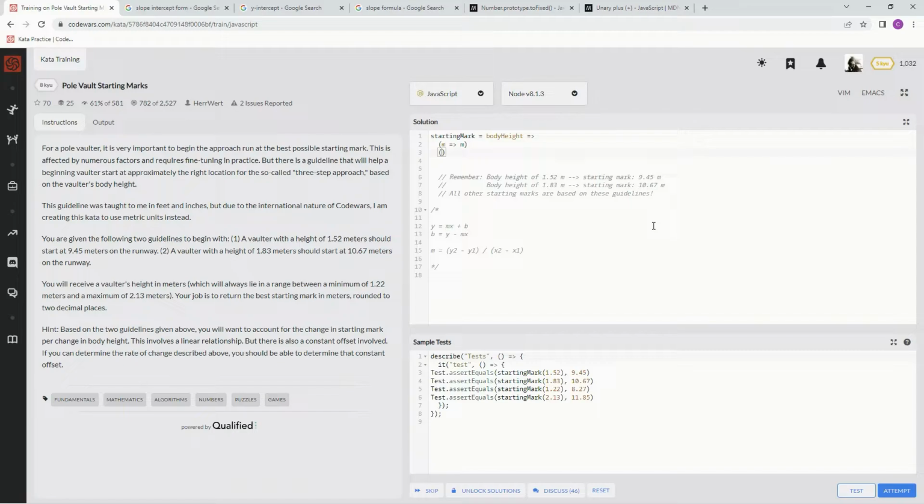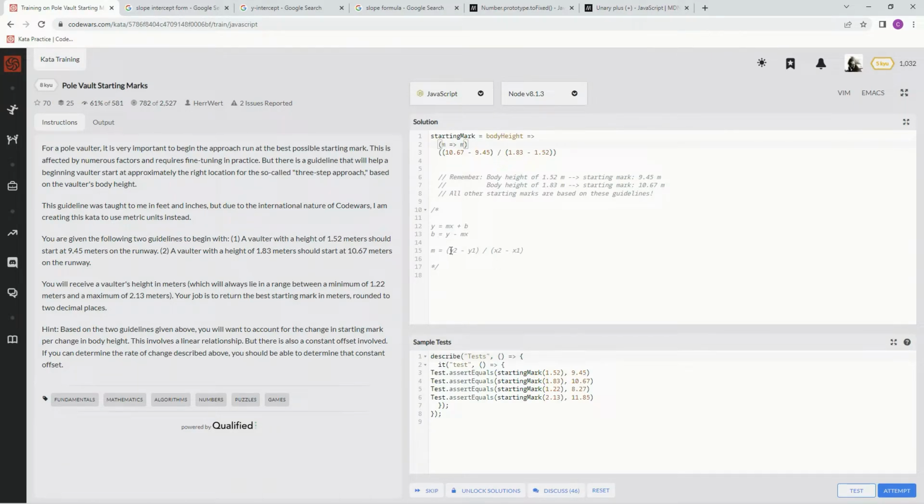so 10.67. Let me do this. 10.67 minus 9.45 divided by 1.83 minus 1.52. All right, cool. So now we've got the slope,